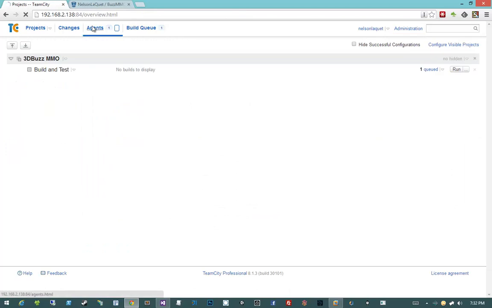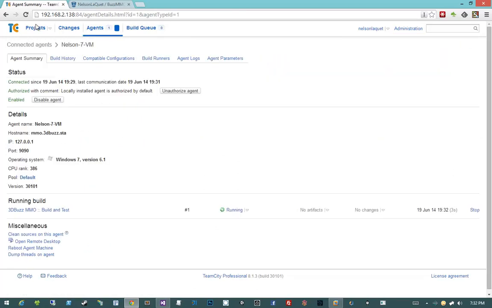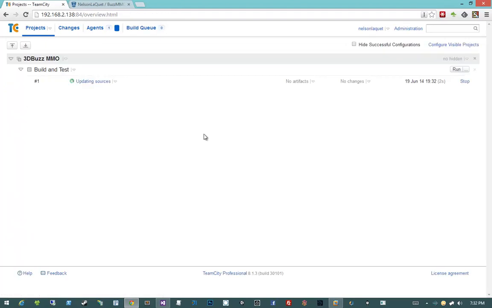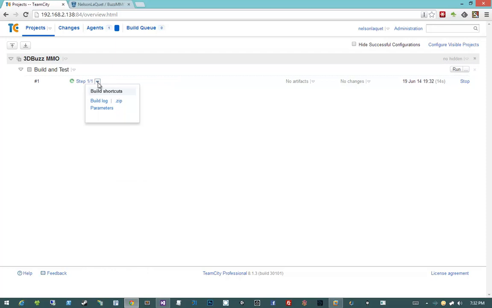Let's go back to our agents and look at our agent again. And actually, hold on, it already happened. It just decided to build. Okay, so some quick things. Now it's running a build. When it's running a build, we can view a real-time log of what's going on. So I'm going to click this little down arrow, and I'm going to click build log,